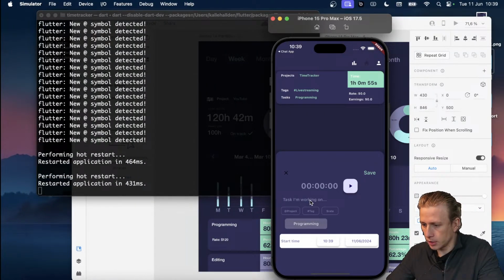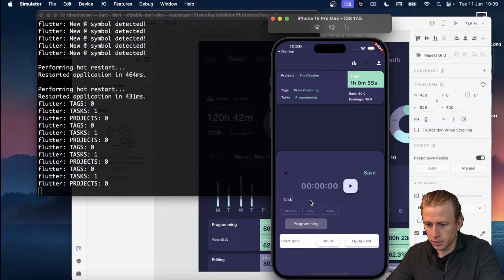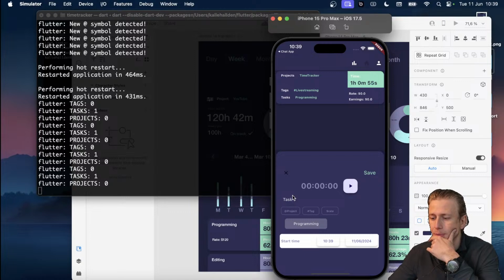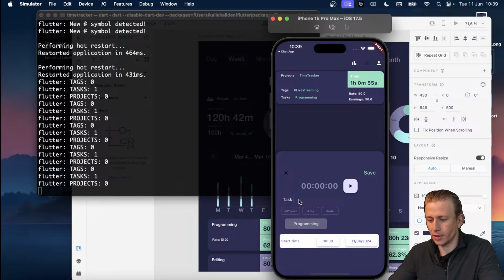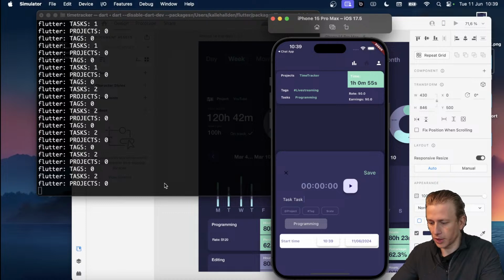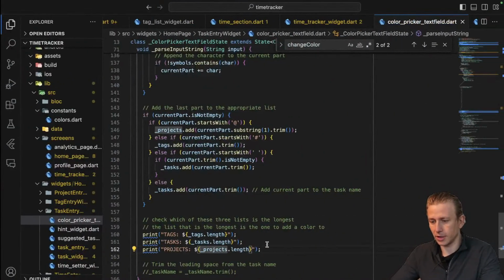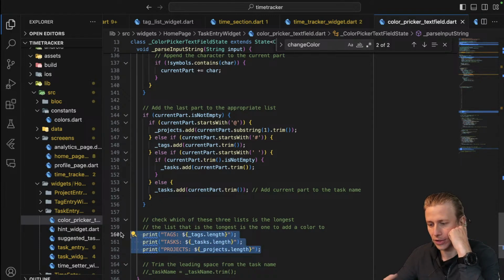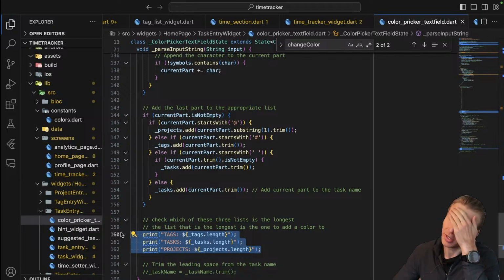Okay. So if we do task, we can see that task is the length of 1 because we've added it, and then we press that. Task is now the length of 2, and then we do an @ for a project, and then project is the length of 1. Now this is a bit clunky because this will run every single time the text field updates, which we only want